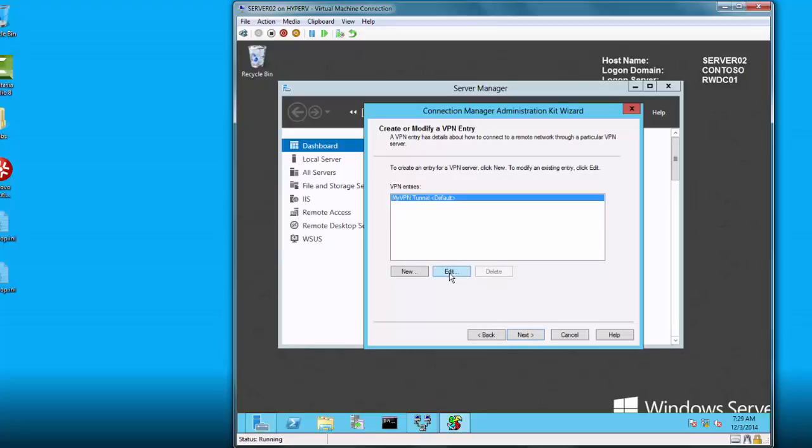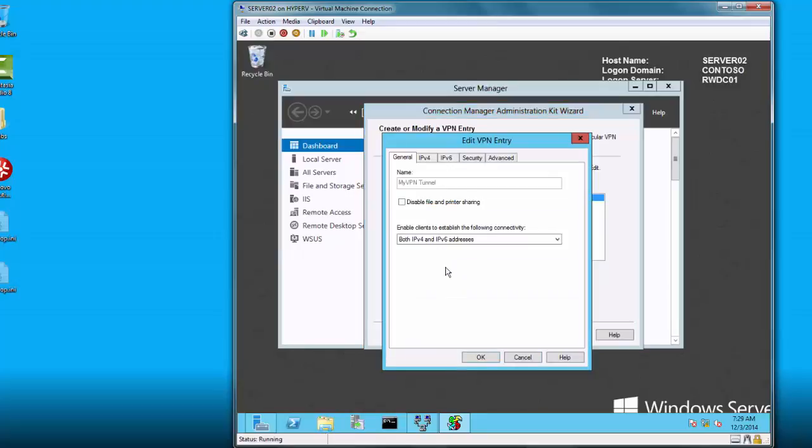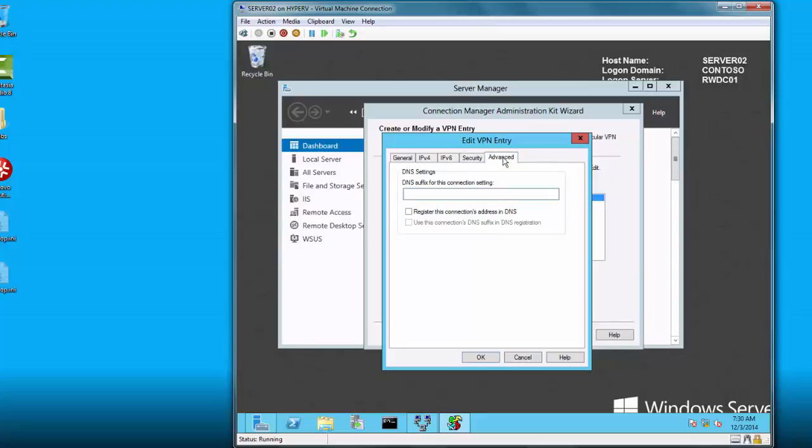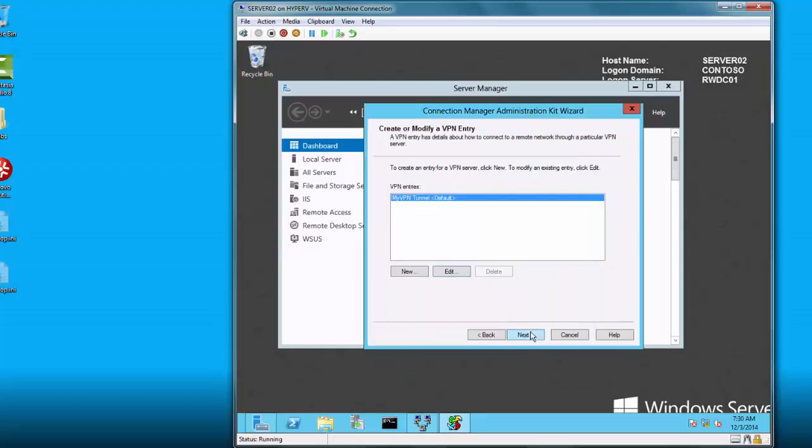VPN entries, MyVPN by default. We're just going to hop in here, take a look at some additional settings, and click on the Security tab. Question number 4, by default, which authentication method is supported? And here's our authentication method that is supported by default, Microsoft CHAP version 2. And if we go into the Advanced tab, here if we wanted, we can put in contoso.com as our DNS suffix. We're not going to bother with any of that, so we're just going to cancel here and continue on